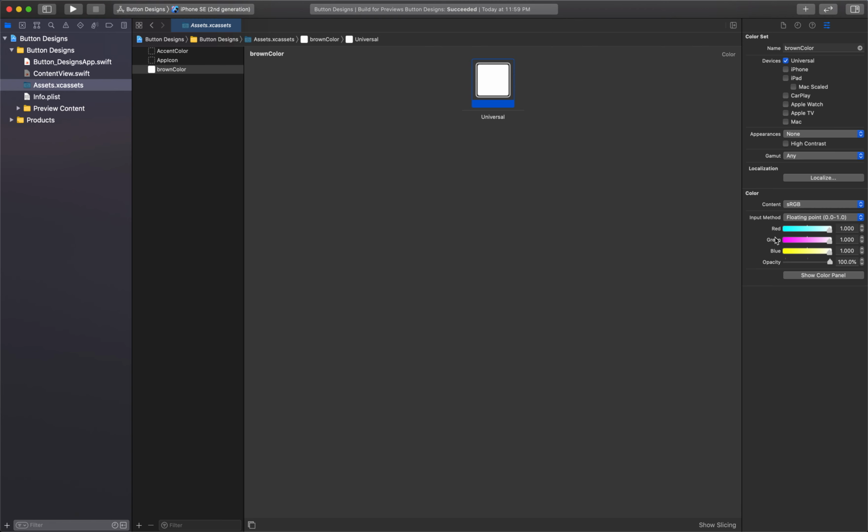So here I want to give my brown color. For brown color I want to give a hexadecimal value which I have already recorded, that is 9A5A47. This is not a completely brown color, but yeah, we'll call it brown color.